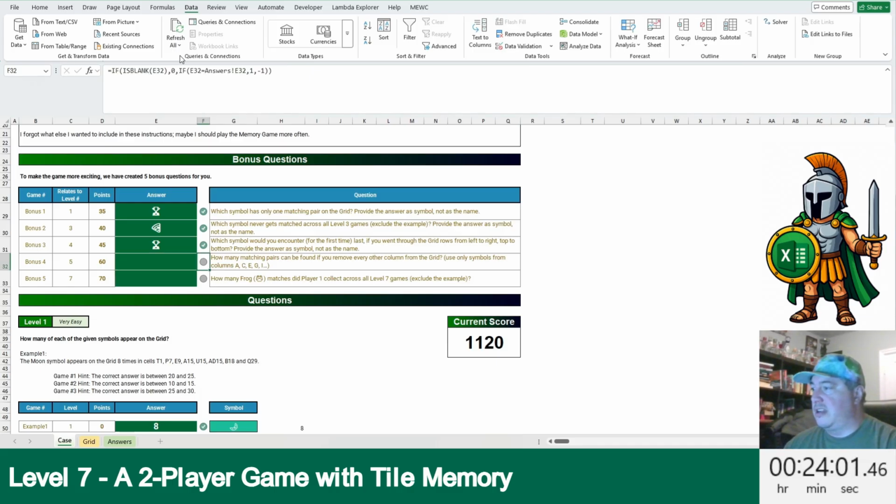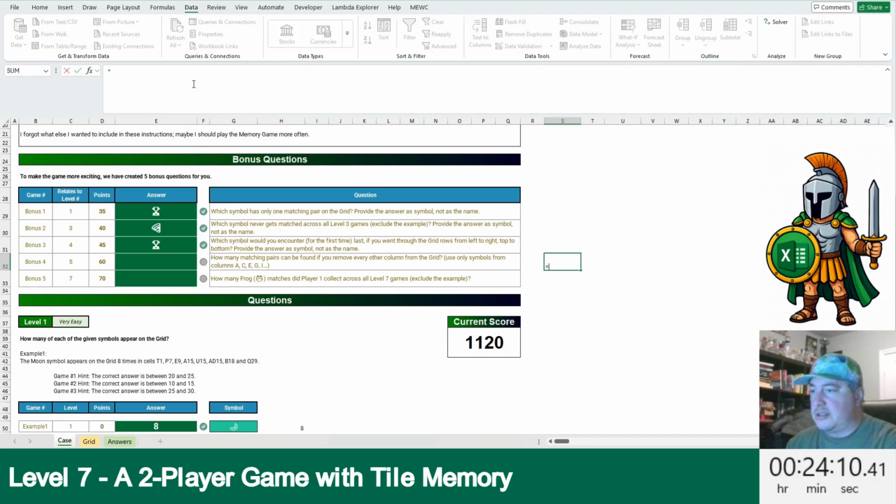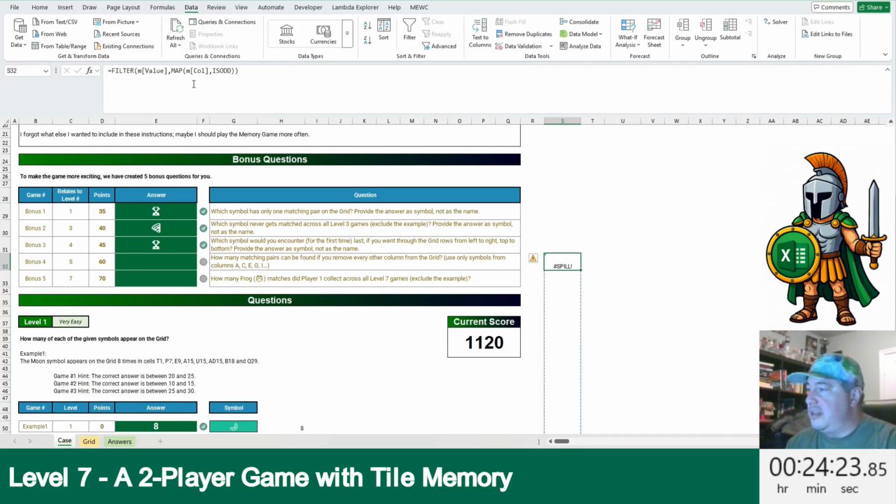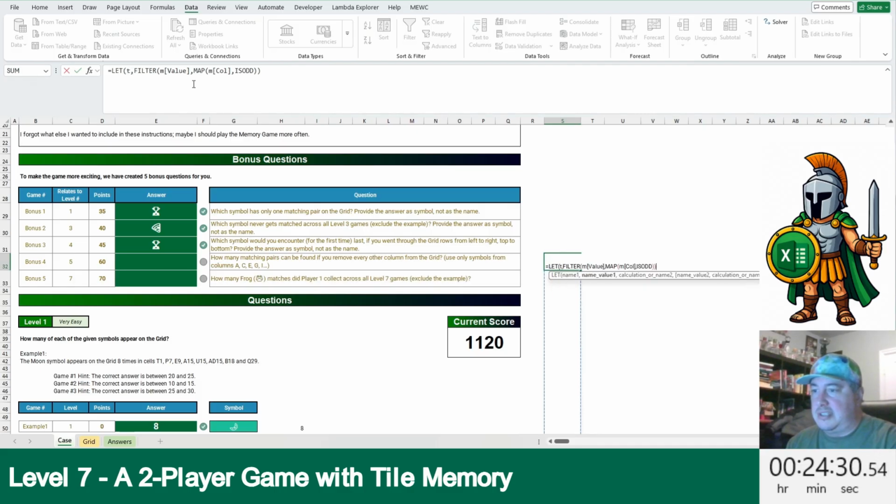Okay, so we've done problems similar to this before. So we're just going to get all the symbols together. This is very much like level 5 or 6. So first thing to do is filter M value, where M, let's see, map M call is odd. So that's just the odd column values, and then say let T be that, and we'll do another group by